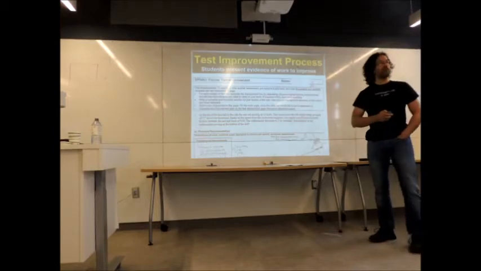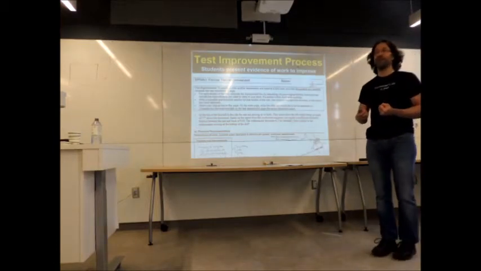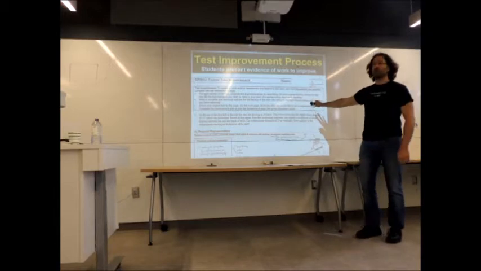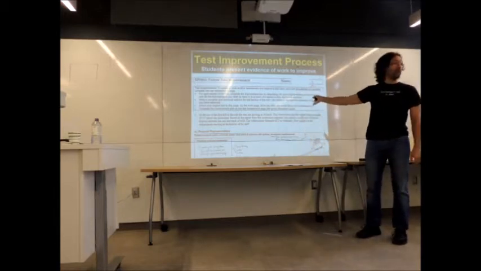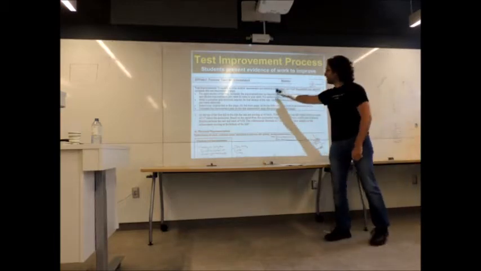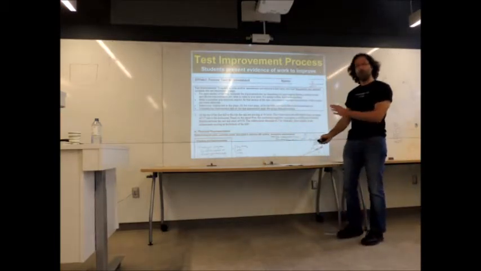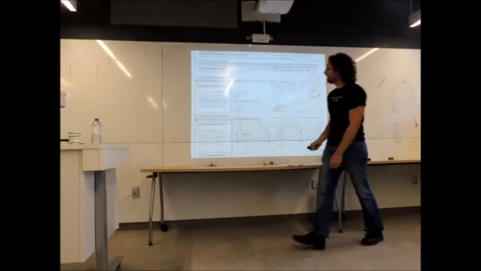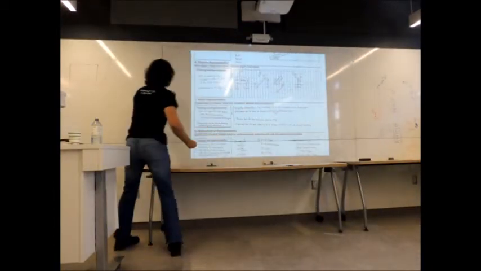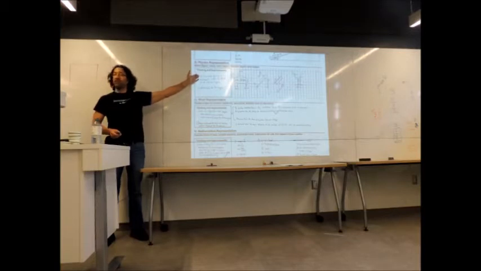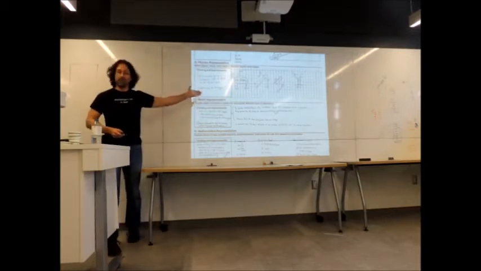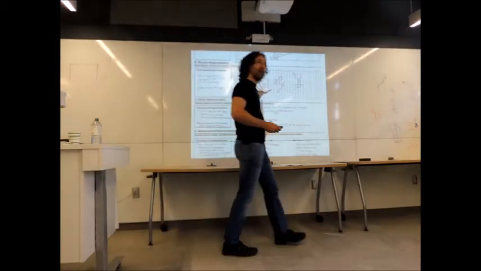As part of the evidence that I look for, every time I return a test, I return another version of that test, which is the test improvement page. There are some instructions on what to do. They go through their original test, and in each part of that test, there's a place where they need to describe their original thinking at the time of the test, and the changes or improvements they need to make to their work. Then they demonstrate that for me,